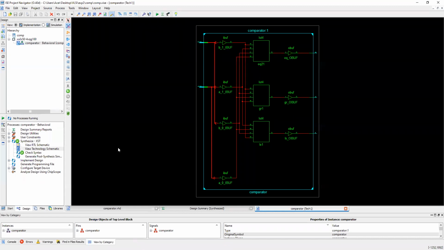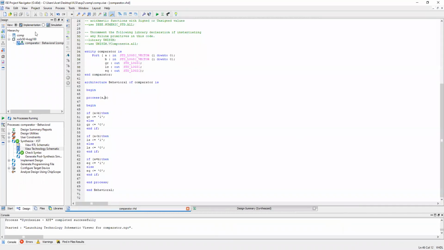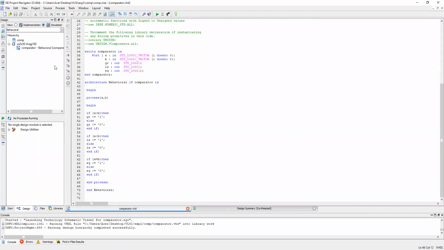Okay. Now we have to simulate this, right? How to simulate? After writing a test bench code. Now how to do this? You can close this from here. Switch to the simulation window. Already you have your VHD file, VHD code with you.